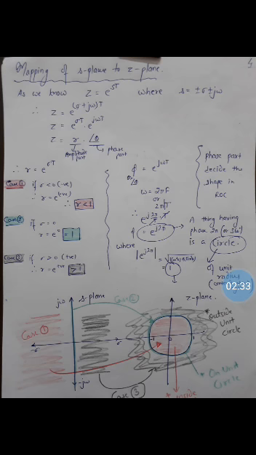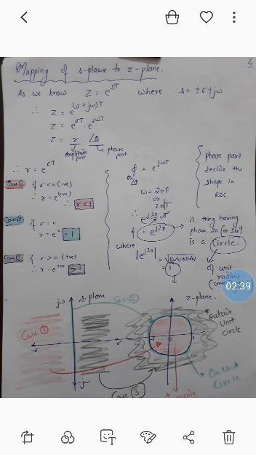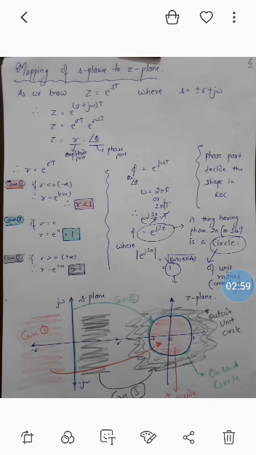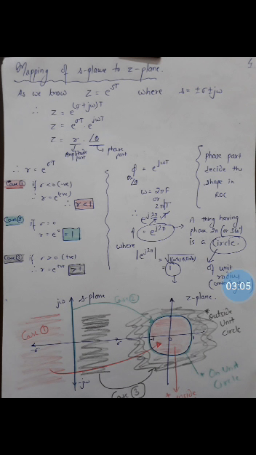because R is less than 1. Case 2, if sigma is equal to 0, that means R is equal to e raised to power 0, which is equal to 1. That means if we are on the y axis, it will lie on the circle in Z plane, because the radius is 1, R equals 1. Case 3, if sigma is greater than 0, that means positive. In this case R is e raised to power positive, that means R will always be greater than 1. That means in the S plane, if we are on the right hand side, it will map outside of the unit circle because R is greater than 1. That is known as mapping of S plane to Z plane.